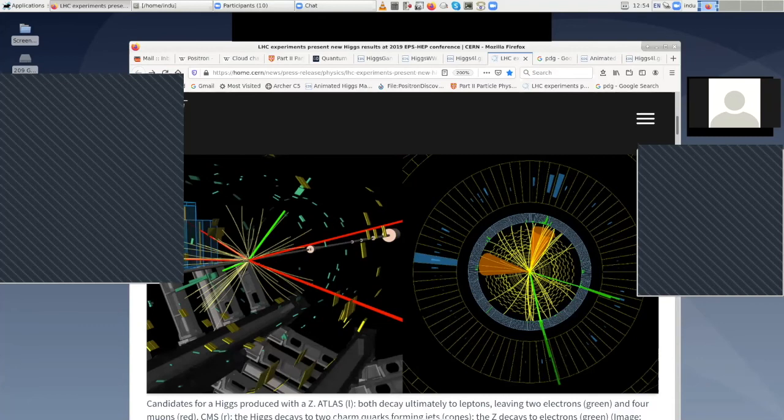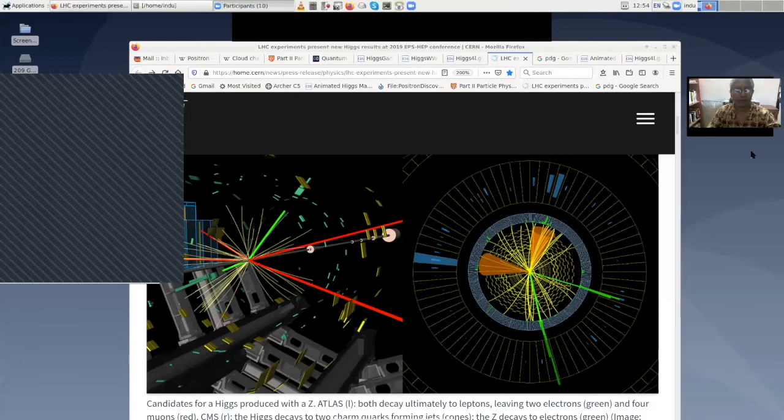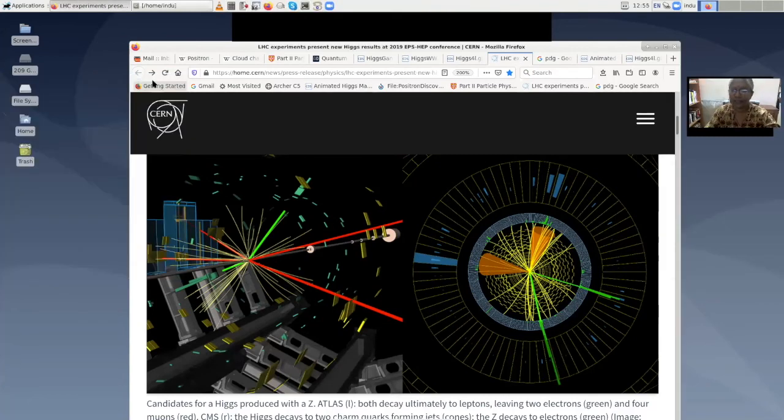Just close this, because now you're seeing my entire desktop, right? So now you can see this is how the event looks. On the left hand side is the experiment. Both are from LHC, which, as I said, they threw away the LEP experiment and put the LHC PP experiment there. This is again looking into the beam pipe. The left hand side is the experiment called Atlas. On the right hand side is the experiment called CMS.